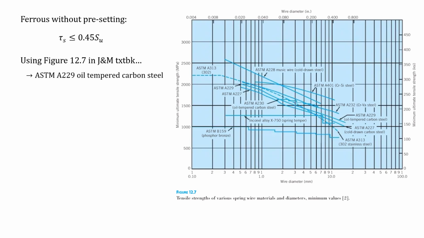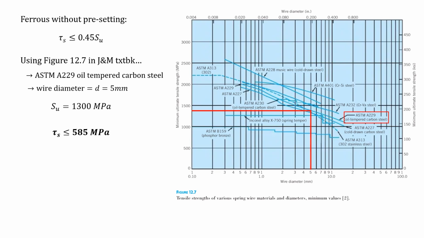So we're going to be looking at ASTM A229 oil tempered carbon steel. So we have that here on our figure. And then we also know the wire diameter, our small d is 5 millimeters, so we can follow that up to our curve like we did before. And then what we're finding here is the minimum ultimate tensile strength in megapascals on the left-hand y-axis. So I follow it over, we are at approximately 1300 megapascals,